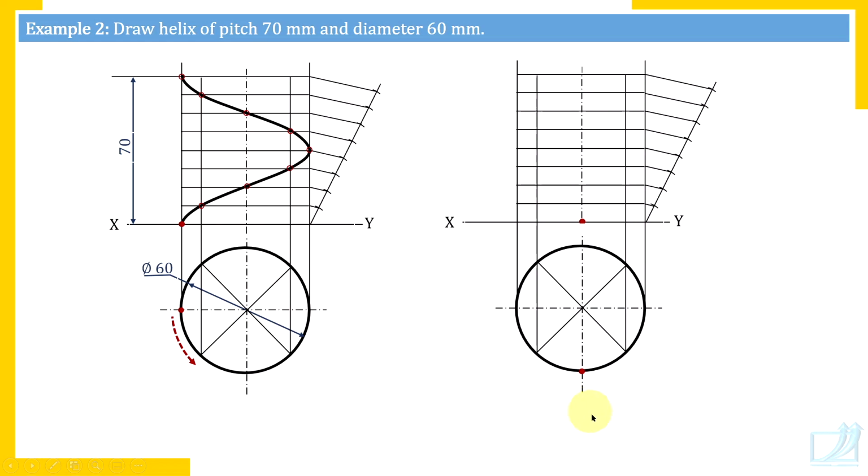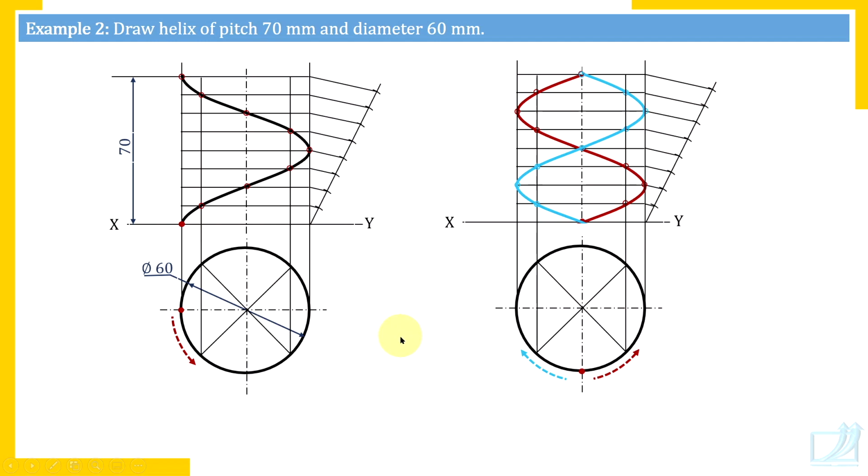Now different positions or directions of rotation. Here I have shown the helix on the front side. Here I have shown the initial position on the front side but at the bottom. Let's assume it starts moving in anti-clockwise direction. So on the right side its next point will be, and in that way you start marking the points. There are no hidden details involved, so the entire curve you make dark. And if this point starts moving in clockwise direction, it will start on the left side, and there are no hidden details because there is no cylinder involved.